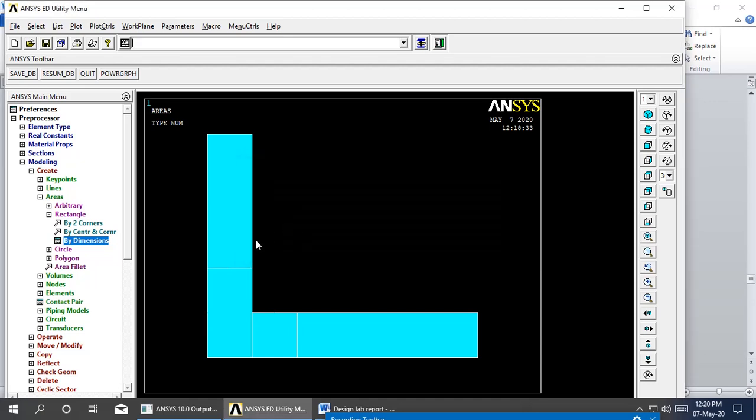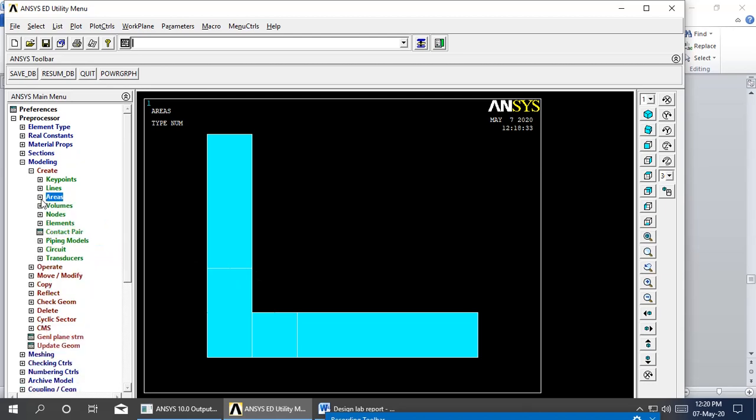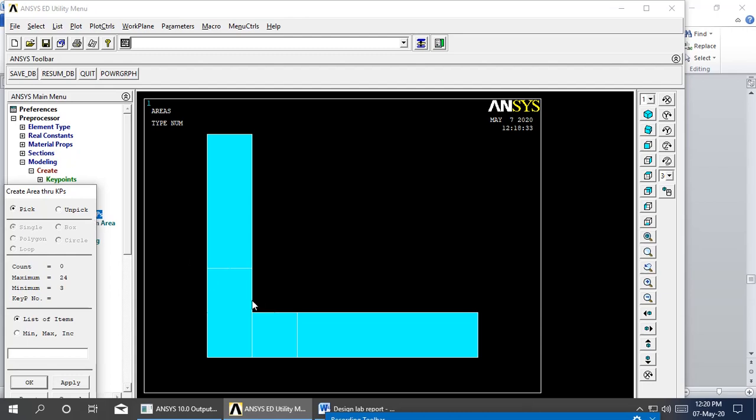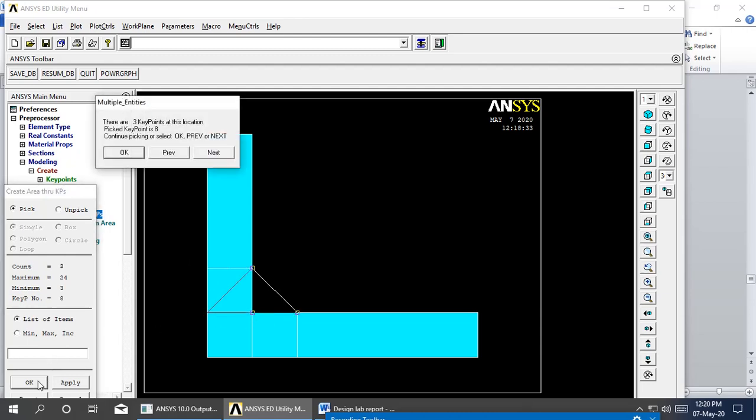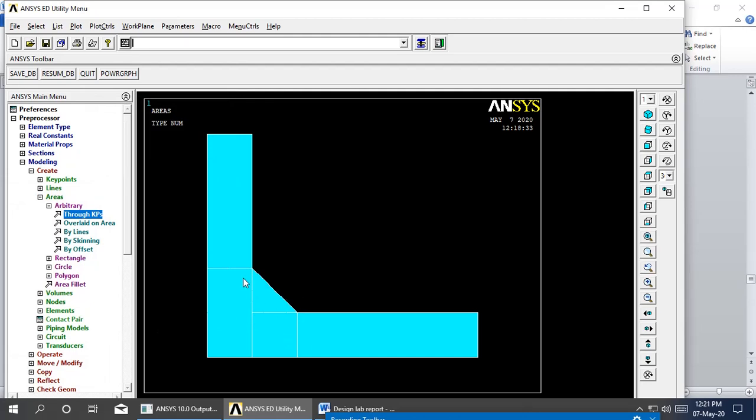Apply. Then I need to create an area which is a copper material, used as a glue for the L joint. So go for area, arbitrary through key points, select the first, second and third key points, give it OK. The glue material will be created.